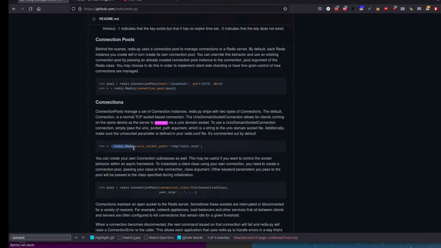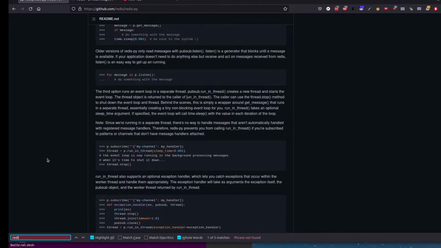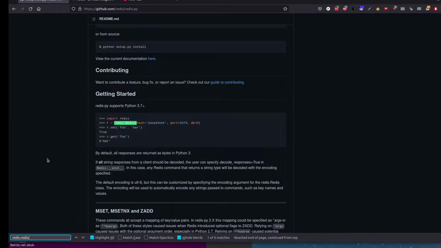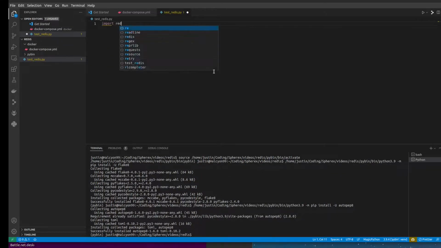So Redis. So we're going to look for that. redis.redis. Then this looks like it's going to be the connect for me. So what I'm going to do, I'll just start with that. Import Redis, and then I'll go get Redis connection, and there seems to be a database name that's associated, and the idea would be